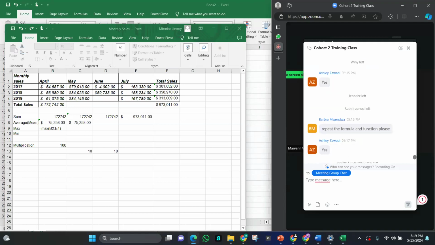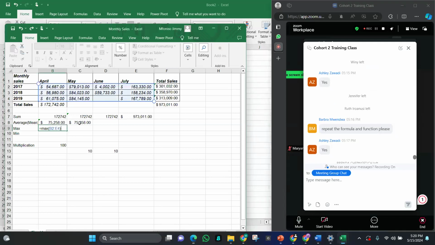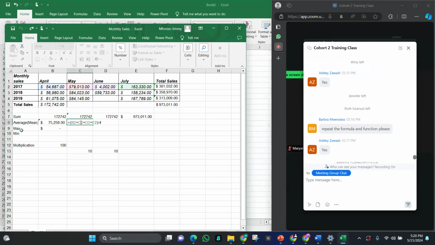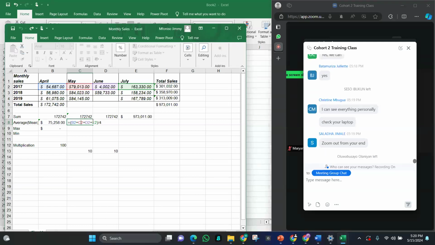So thank you. Barbara said I should repeat the formula and the function. Okay. I'm back to the average. When we are talking about formula, you don't necessarily need to write the functions like equal sum, equal average, equal max, equal mean, equal VLOOKUP, equal HLOOKUP, all those things.